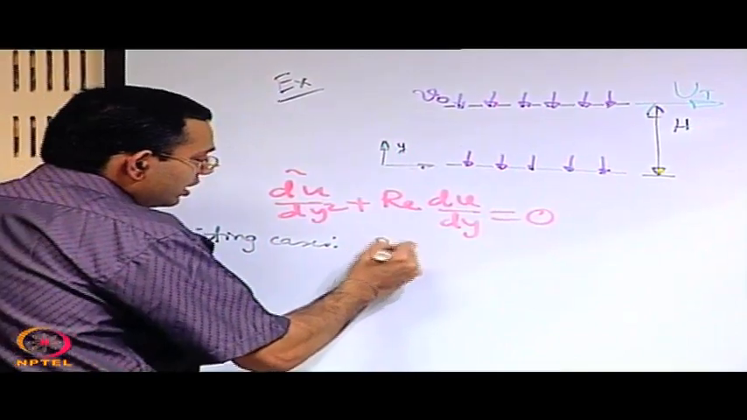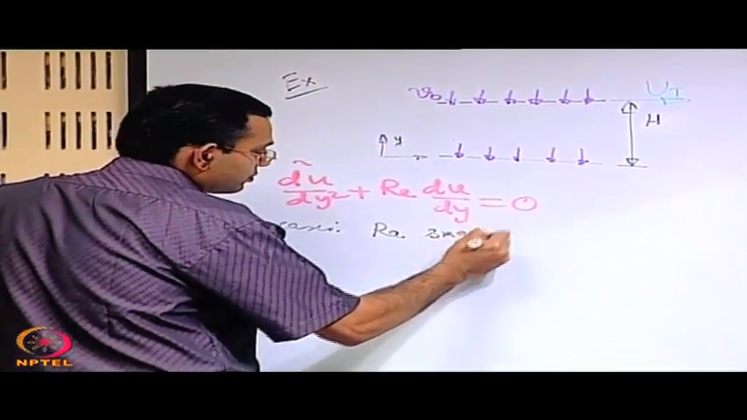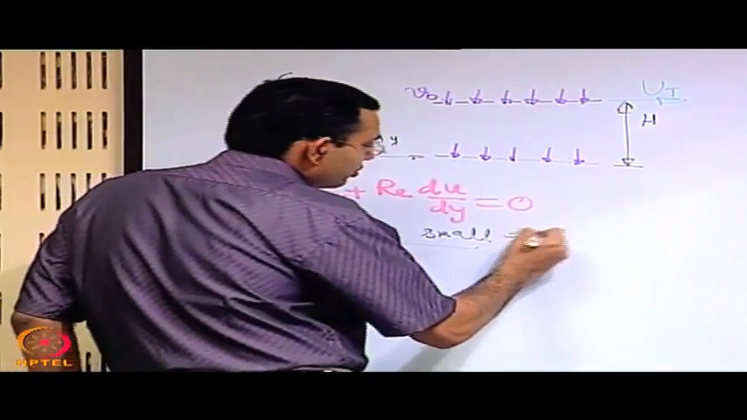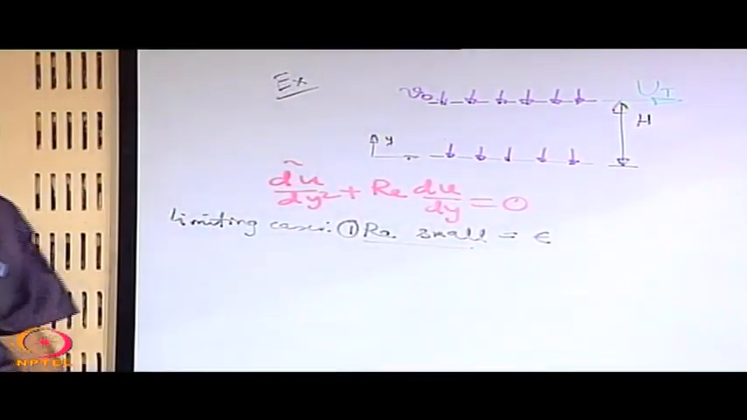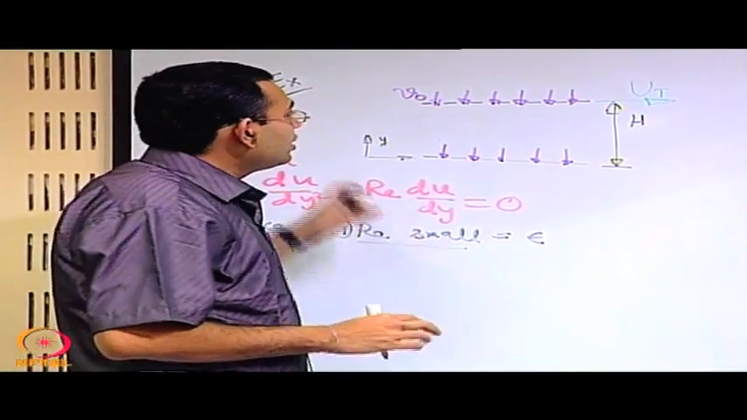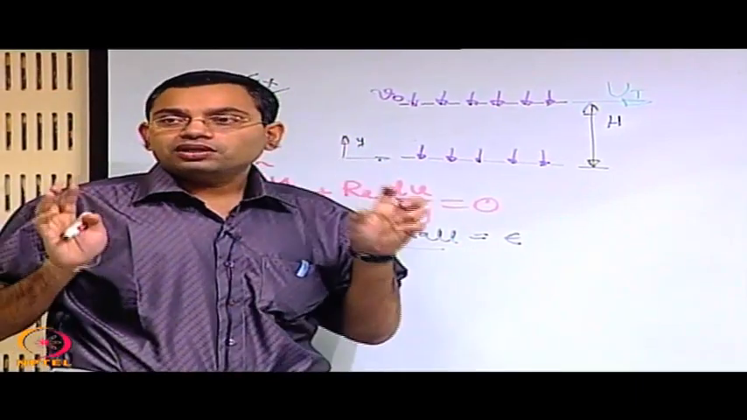One is Reynolds number is small. This is the first case that we will consider. Let us say that it is equal to epsilon. When the Reynolds number is small, or it is epsilon, this problem may be viewed in this way,